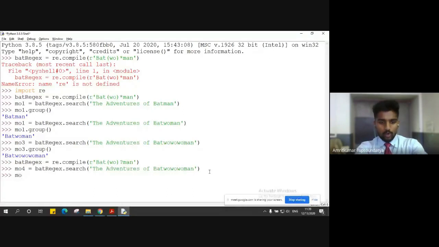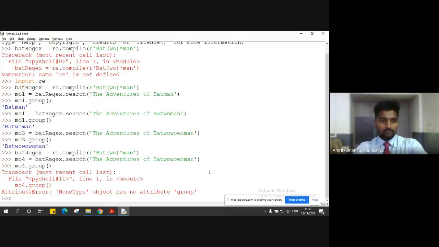So when I try to output MO4 dot group, I should get an error, right? Yes. So the error is NoneType object has no attribute group.